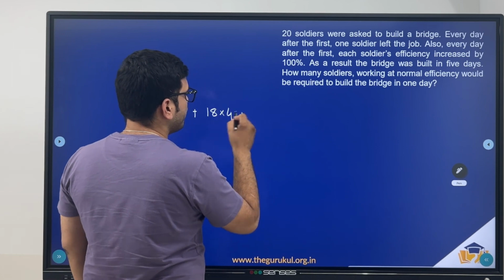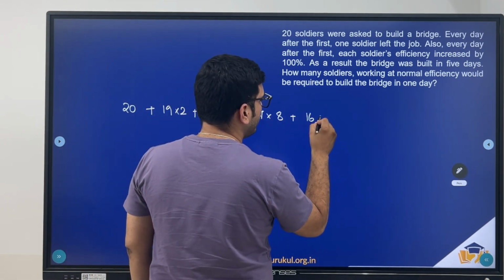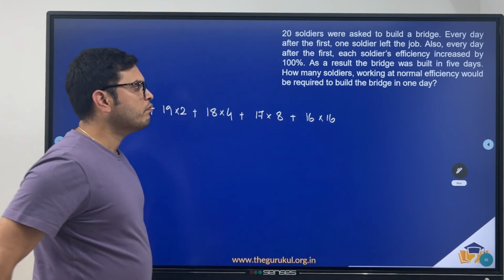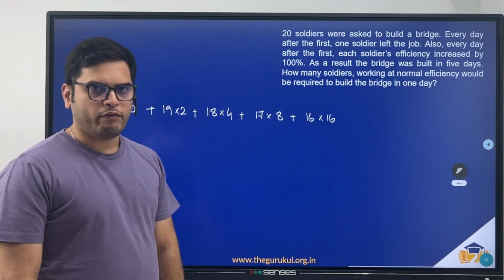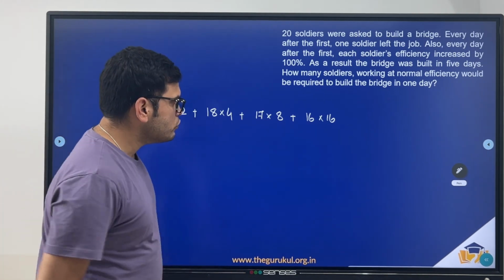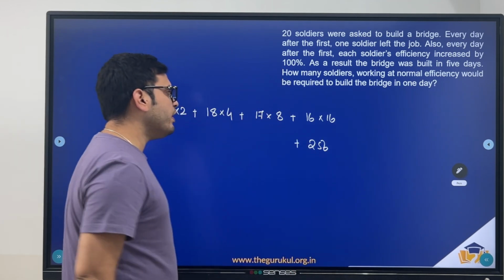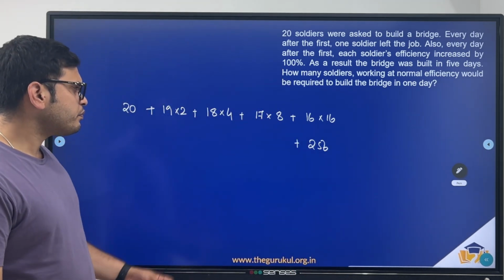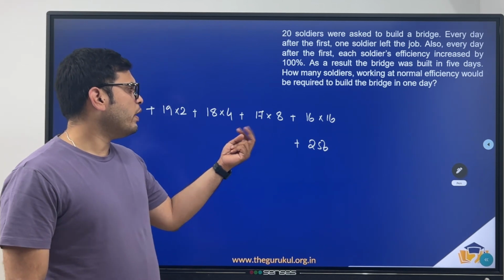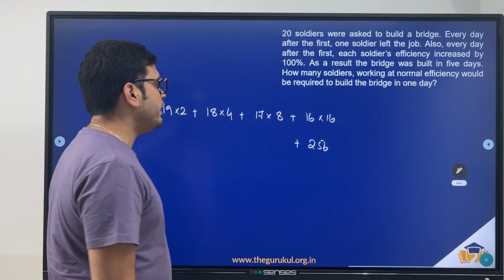4 plus 17 into 8 plus 16 into 16. And the bridge was built in 5 days. So this amount of work was done to complete the bridge. So 16 into 16 is 256 plus 17 into 8. 17, 10 into 8 is 80. 7 into 8 is 56. 80 plus 56,